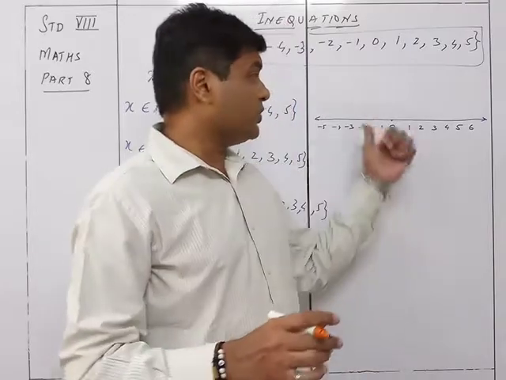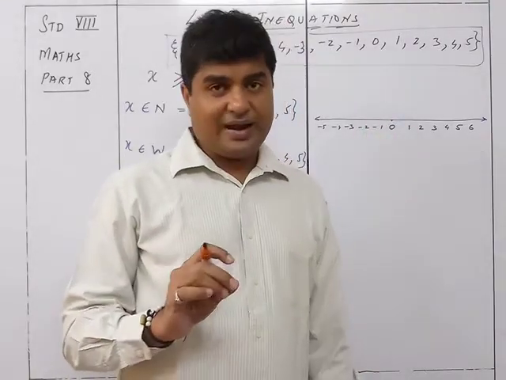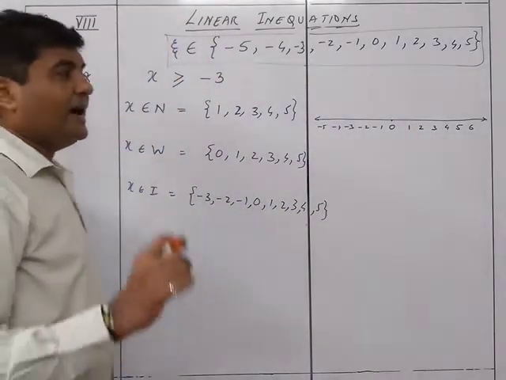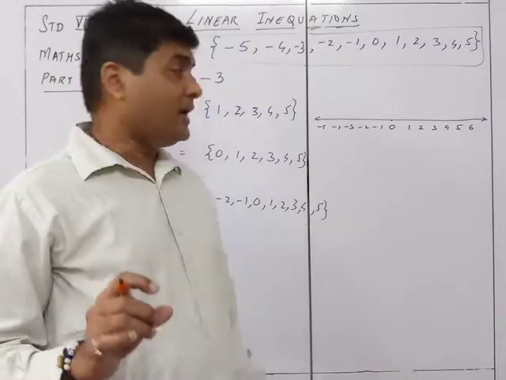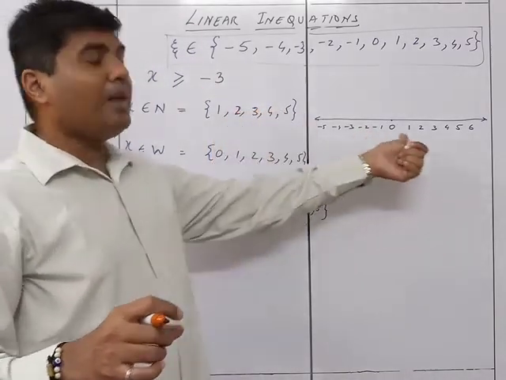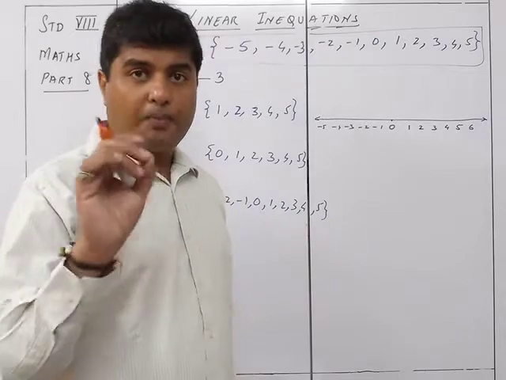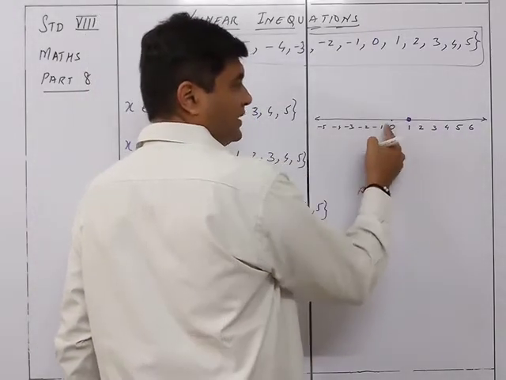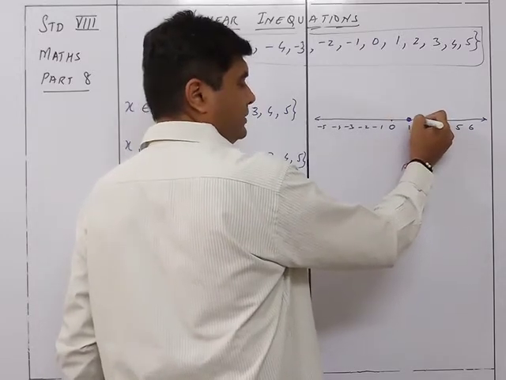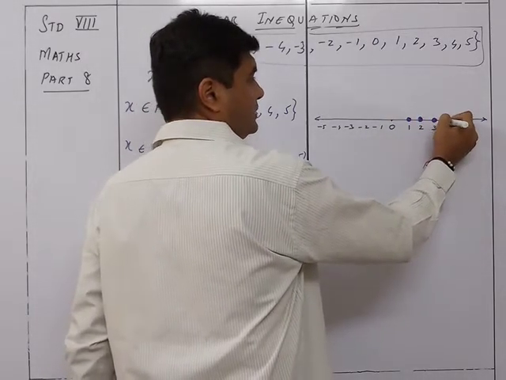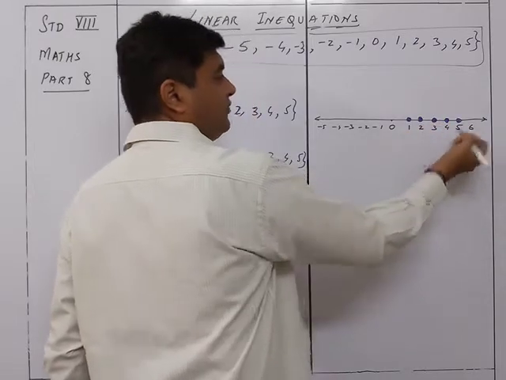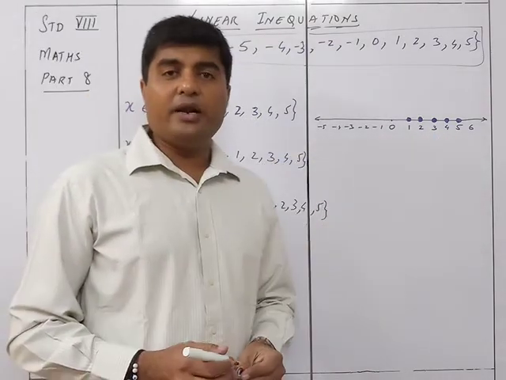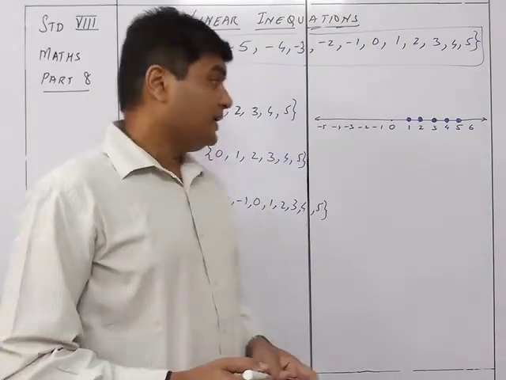So that's why we are just going to draw a straight line, and on the straight line, at the bottom, we are just going to mark it like this. Now, whatever are the answers available here, we will mark those as proper circles. So we are going to mark this as a proper circle, not like a 0 like over here. So it will be this one, this one, this one, this one and this one. So 1, 2, 3, 4, 5 is the answer, which can be represented on a number line in this manner.